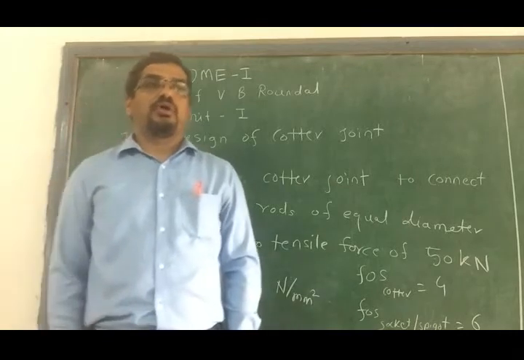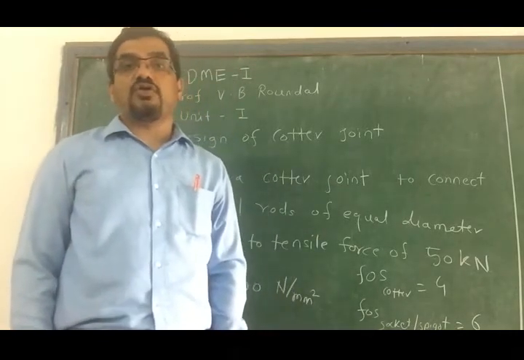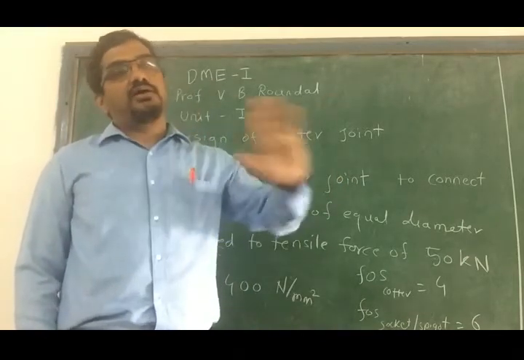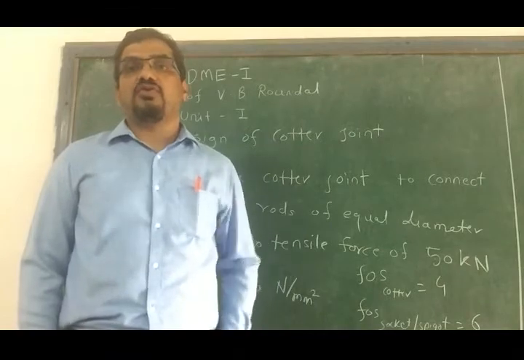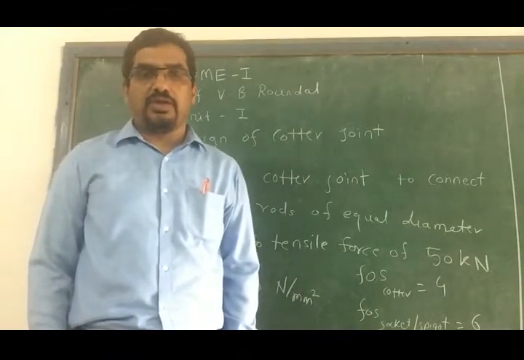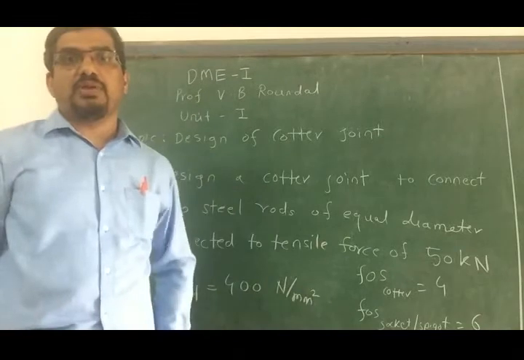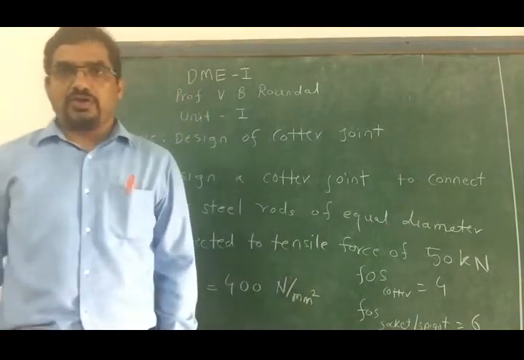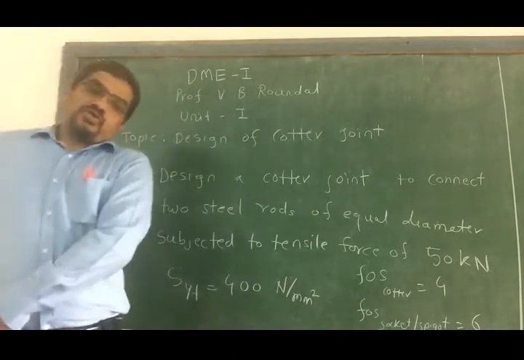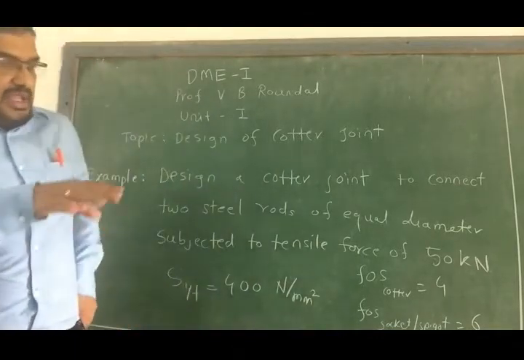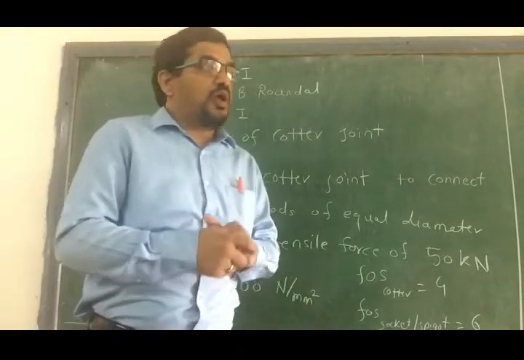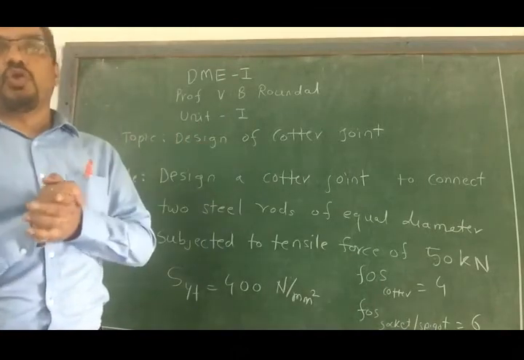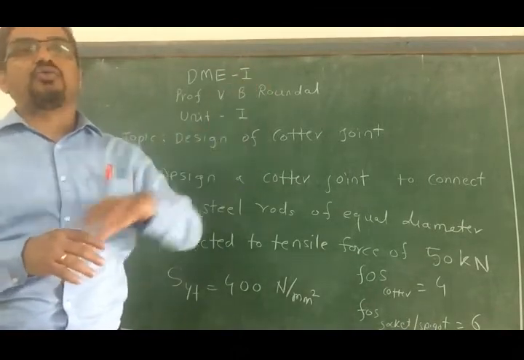Now today, we have gone through the design of a quarter joint also, so we know the formulas. For this lecture it is assumed that the formulas and the procedure for design of a quarter joint are known to you. Okay, if it is not known, please take a look at my previous lectures. But today we'll take a numerical example of design of a quarter joint. Basically, we have discussed the procedure in the previous lecture, but now we will take an example from the university paper. We'll take an actual load, and for that load, see how to design.